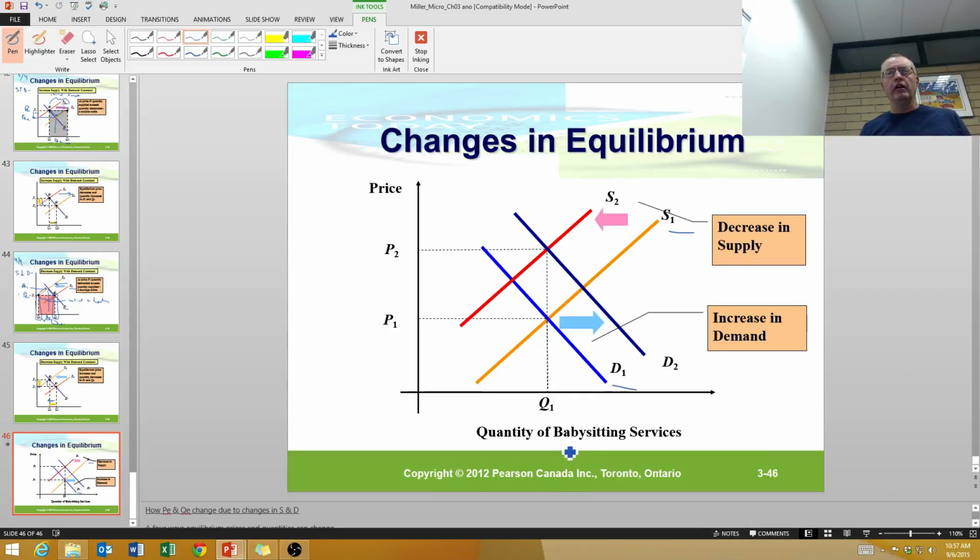Anyways, the book's final example here is just an example of how changes in supply and demand can occur at the same time. I think the example is with babysitting services. So in our original situation, here's our demand curve for babysitting services in a particular neighborhood, and here's our supply curve for babysitters in that neighborhood. Here's our equilibrium price 1 and equilibrium quantity 1. And then people in this neighborhood have more babies, and so the demand curve for babysitters shifts outwards,